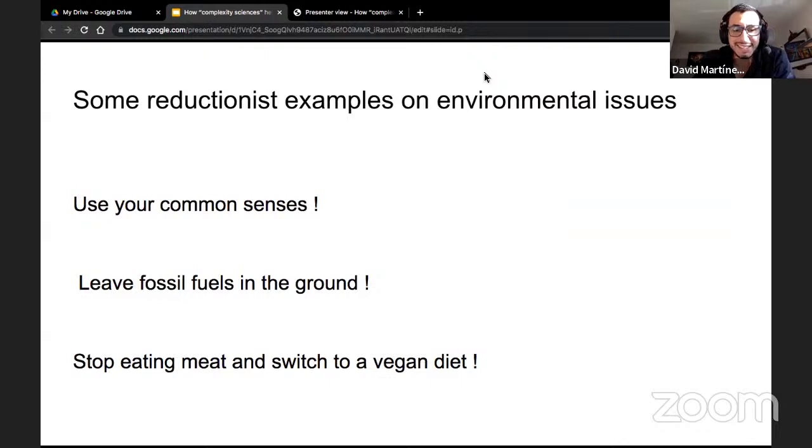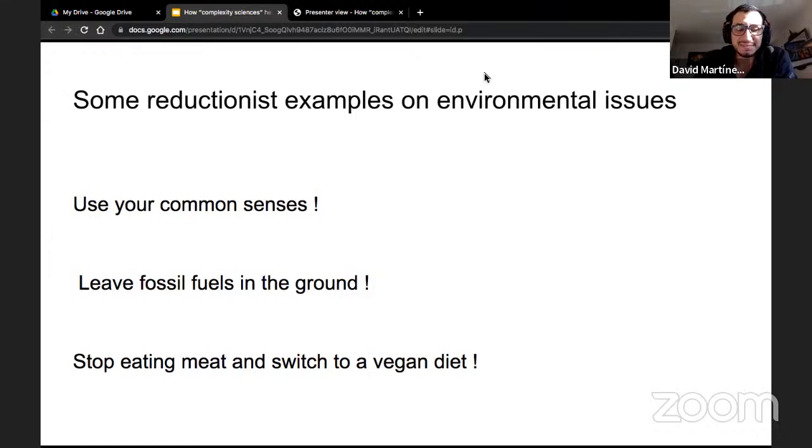Because I see that in this world, there are also a lot of reductionist examples of solutions that we hear in the media all the time. So if you want to fight environmental issues, you should use your common sense. Well, not really, because this is a complex system.